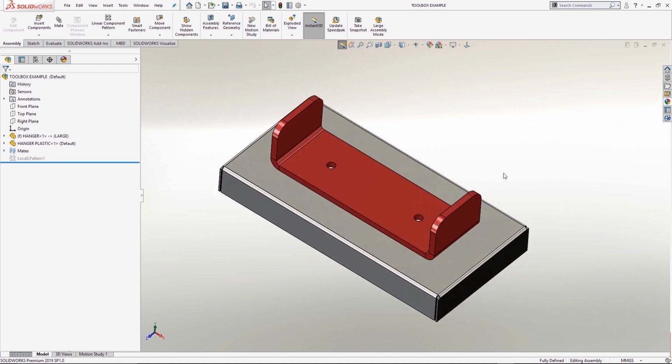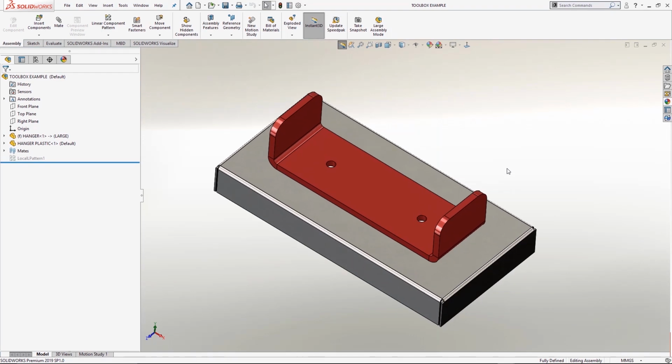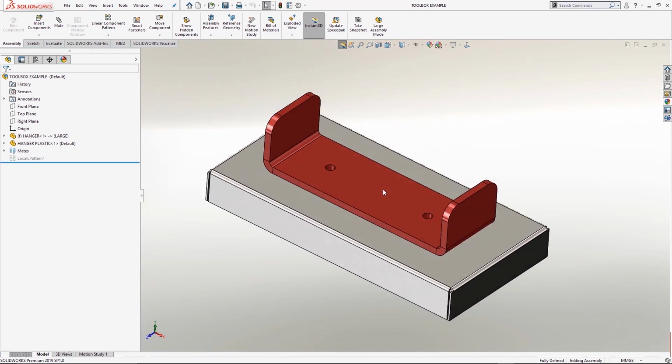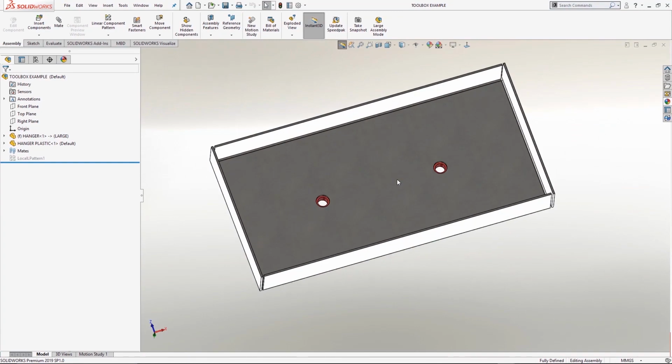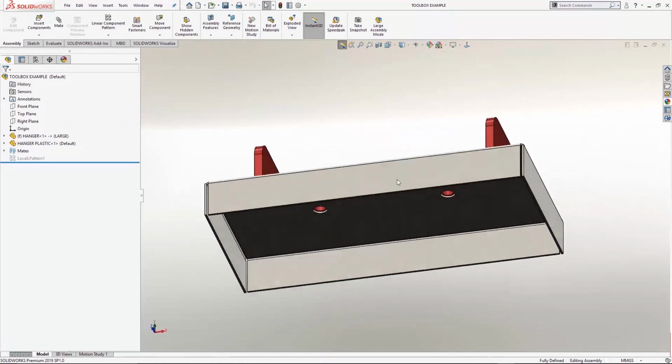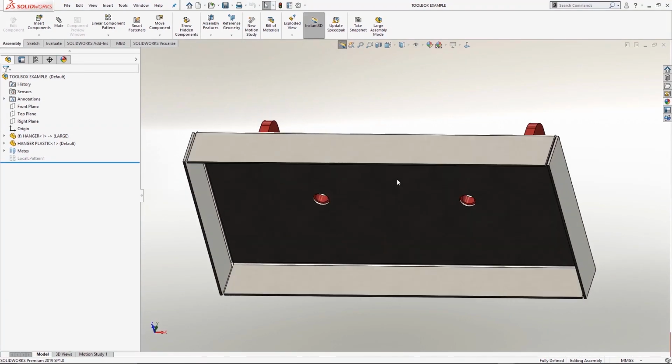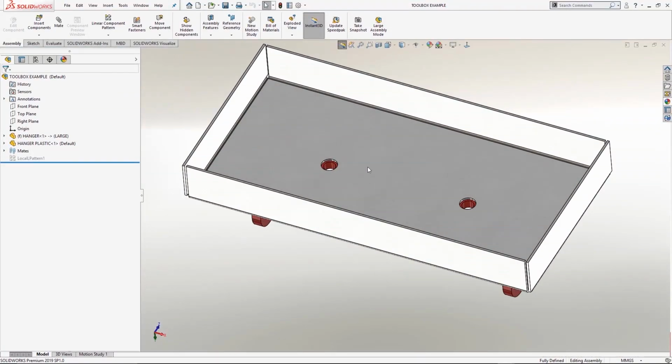A really simple assembly that I've got here. You can see I've just got some kind of plastic bracket maybe, and I've also got this piece of sheet metal underneath, and all I want to do is to put them together. I'm just going to bolt them together. Now importantly, what I'm going to do is use a PEM fixing.